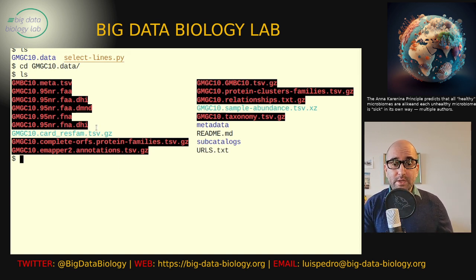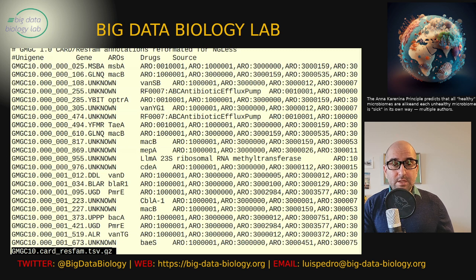So the first one is this card resfam data, which is the antibiotic resistance gene annotations for unigenes. So this is a table. The first few lines are comments, with the hash sign, and then here, unigene 25 has been annotated as being an MSPA antibiotic resistance gene, and there's also these arrow annotations, and there's a little bit more